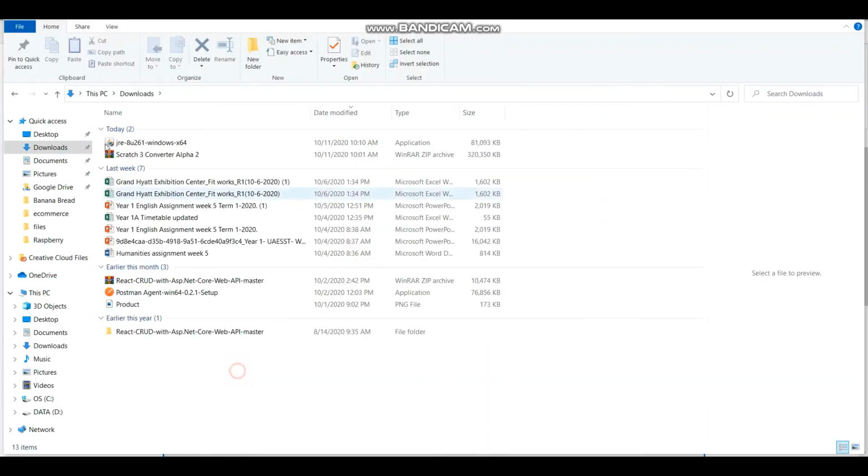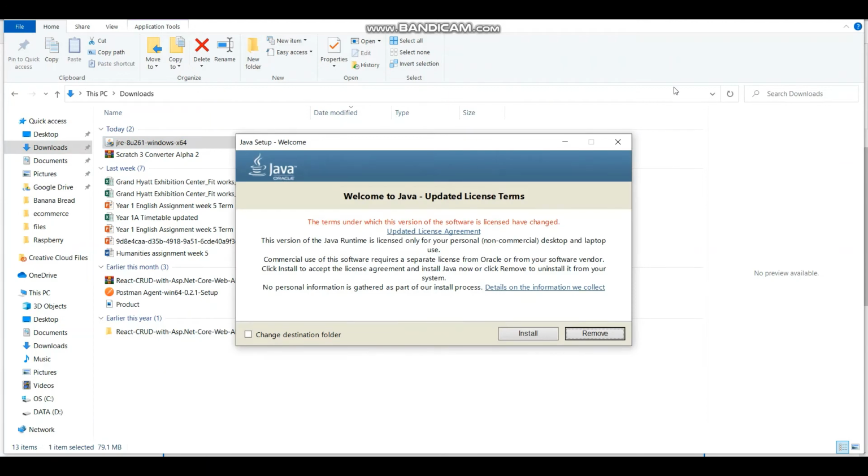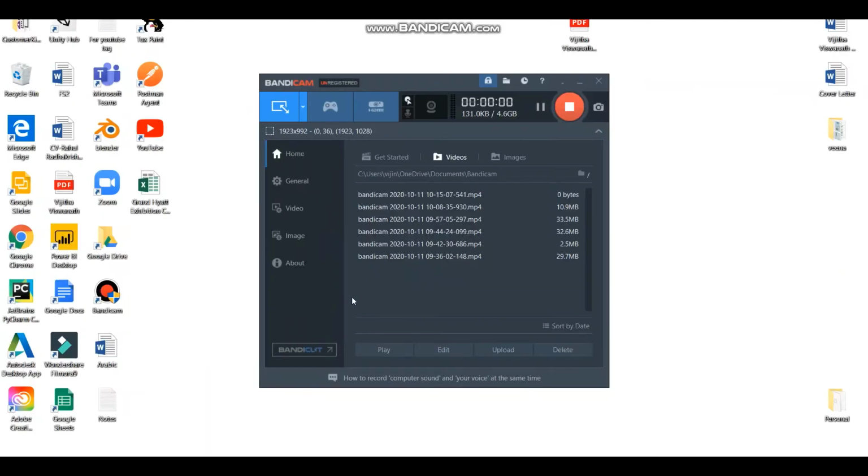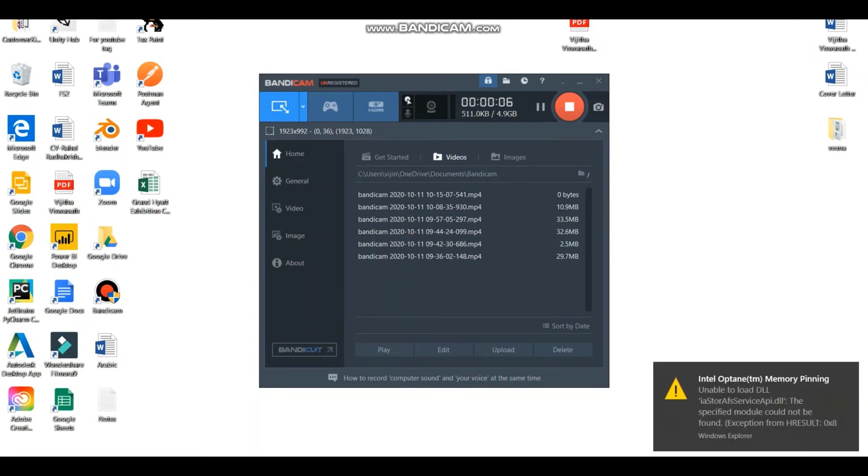Save. So this is our exe. I'll install this. Just double click on that, and it will be installed. Once installed, you might need to restart your computer. So I'll see you after restarting my system. Just click on install. So I have restarted my system. It didn't ask for a restart, but I thought it's better to restart.